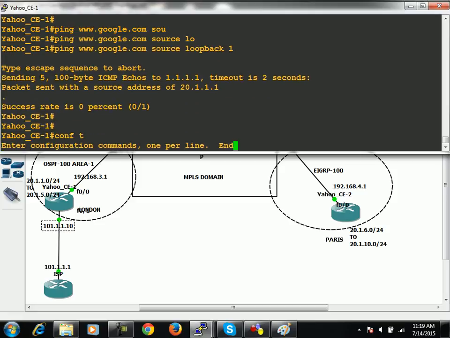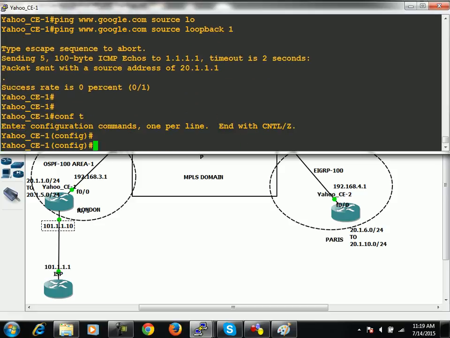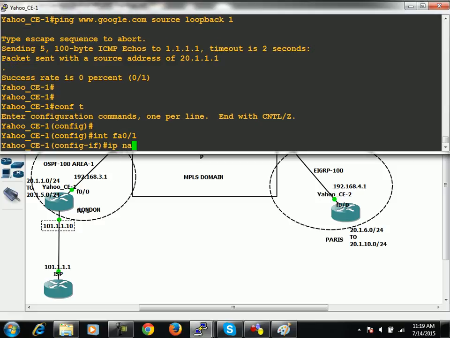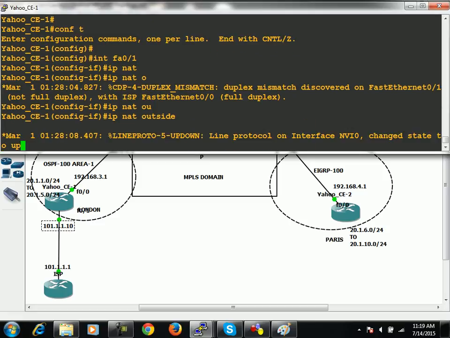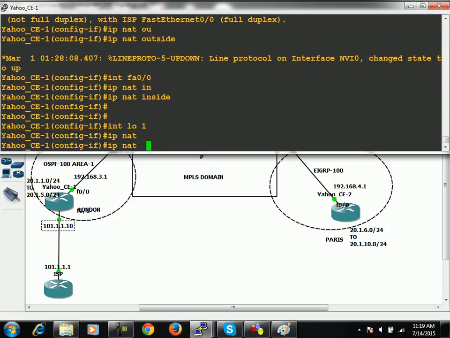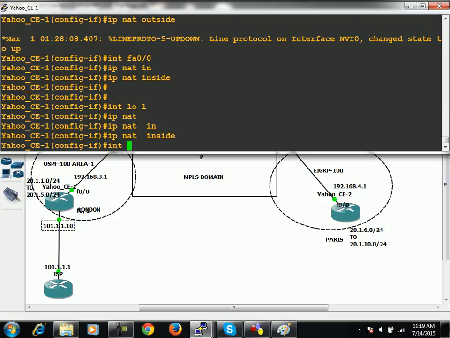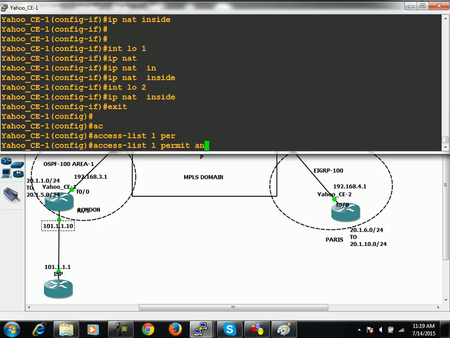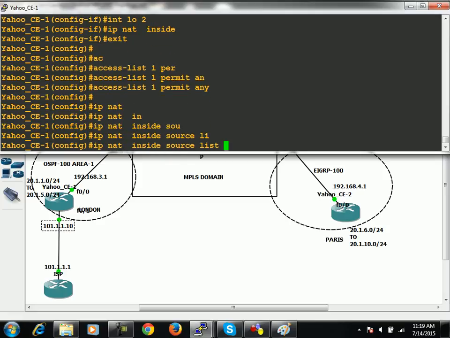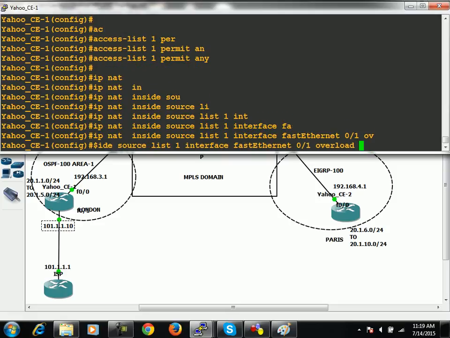For doing that, you have to configure NAT now. I mean, let's configure PAT. So interface FA0/1 ip nat outside, interface FA0/0 ip nat inside. Then onto the loopbacks also ip nat inside and all. However, here you write loopback 2 and all these things, fine. Then say access-list 1 permit any, ip nat inside source list 1 interface FA0/1, and then